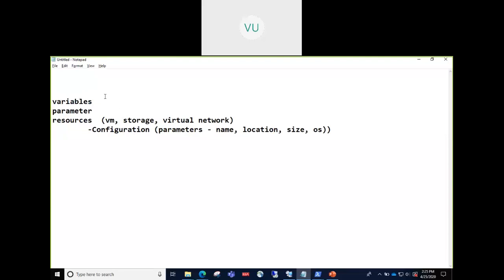Then it will give outputs. So these are all the inputs. So it will also give you an output. So what output you want to give as part of your own ARM template after it gets deployed. So let's say for VM creation, I want to output the name of the VM that I've created. So this output things you can create here.